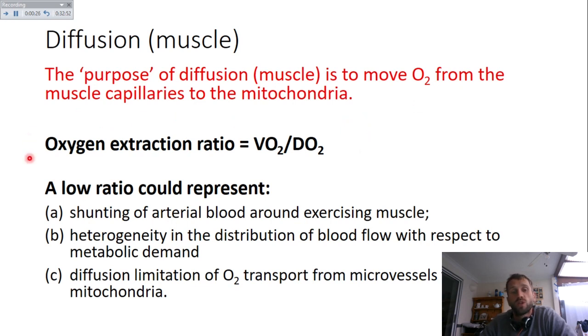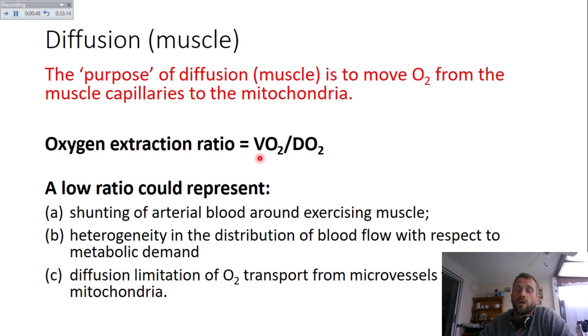And one of the mechanisms we can use to look at that, we can't look at this hugely within the lab, but it's to look at a thing called the oxygen extraction ratio, which essentially looks at how much of the delivered oxygen is being utilised. And so a number of 1 would indicate that we are utilising all the delivered oxygen, and then the lower that number goes, the less